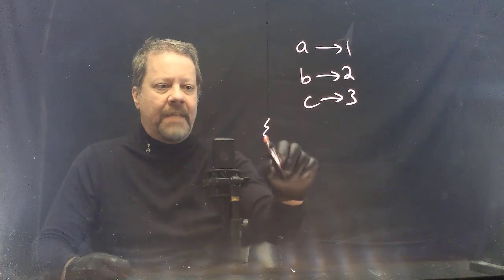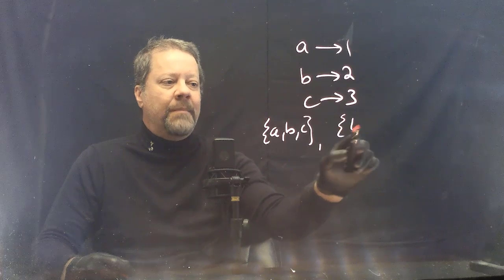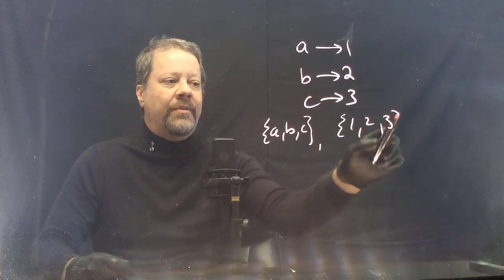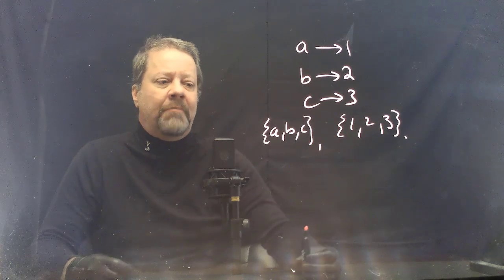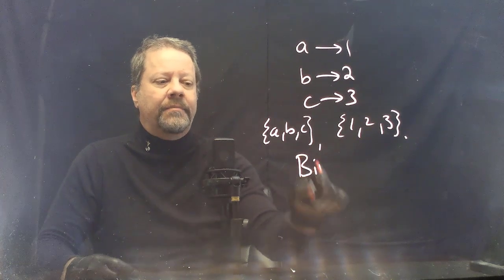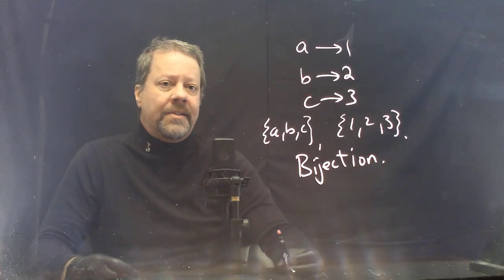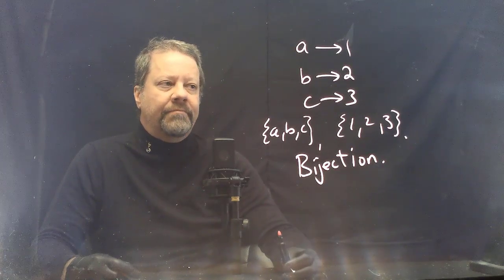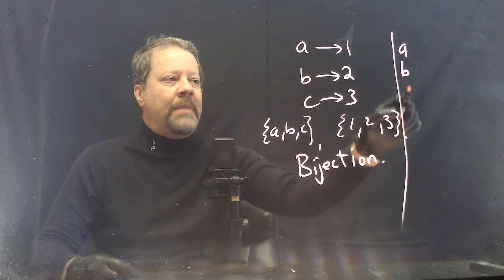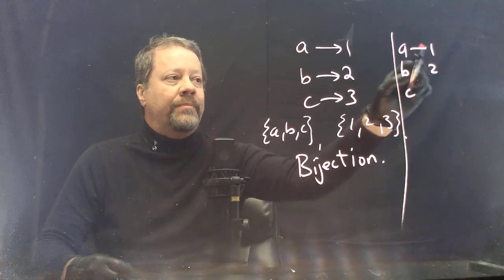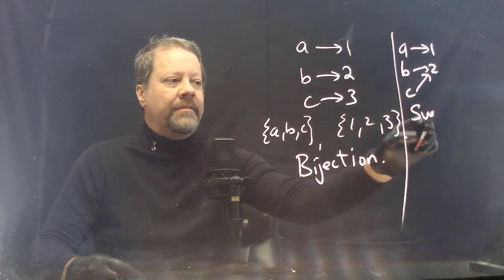This set, ABC, has the same number of elements as the set 1, 2, 3. And we know this because we can construct a bijection. The critical element is the existence of this bijection. If, on the other hand, I had ABC and 1, 2, only a surjection,